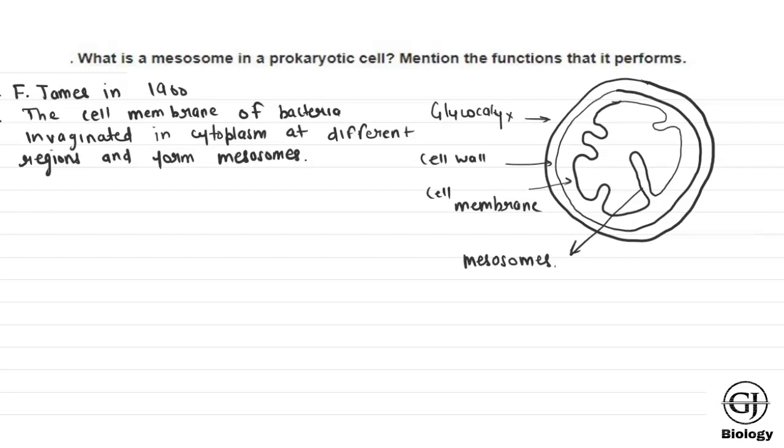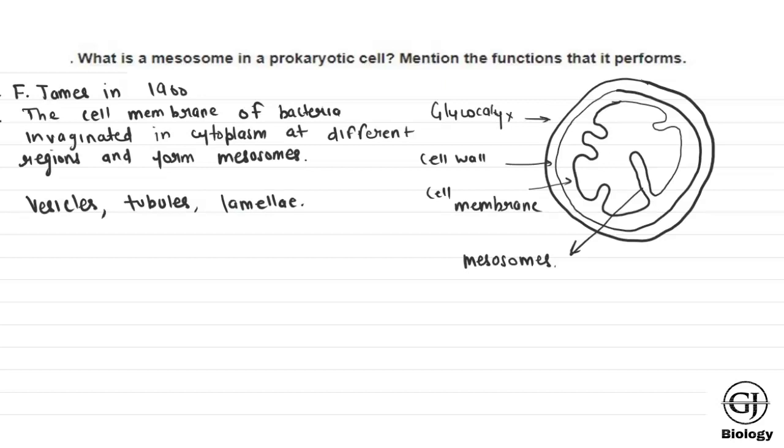These extensions are in the form of vesicles, if they are bag-like or sac-like, tubules if they are tube-like, or they may be in the form of lamellae, which connect different cell parts with each other.